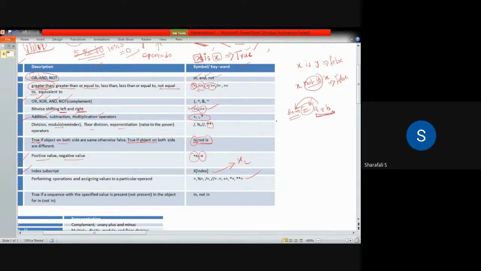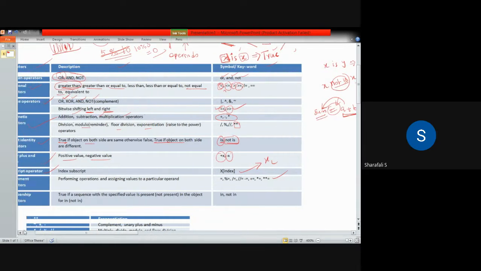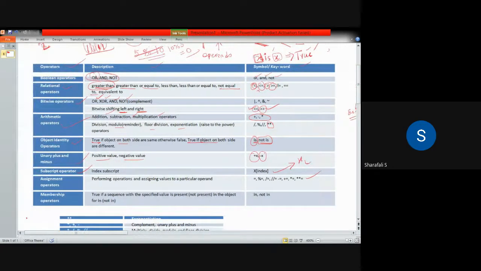Okay. And all other things we will explain while doing the program. These are the keywords or symbols used for assignment operations. We can use equal to, mod equal to, divide by equal to. All these are for some particular operation, and after that operation, the value will be assigned to a particular operand. Okay, I will explain that part while doing the program.